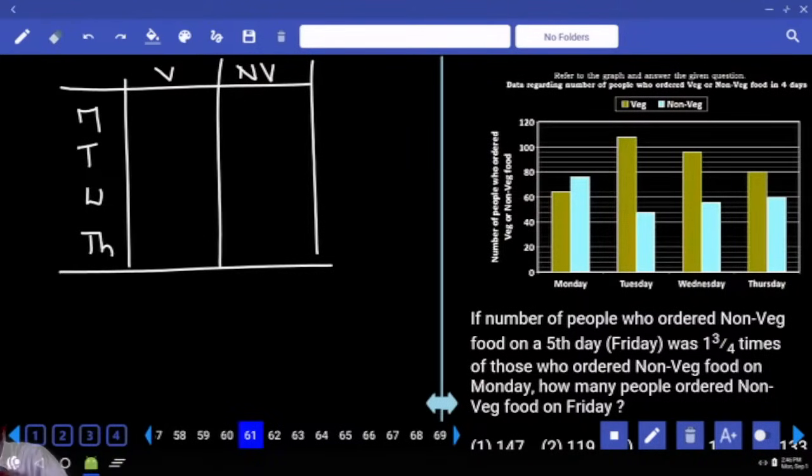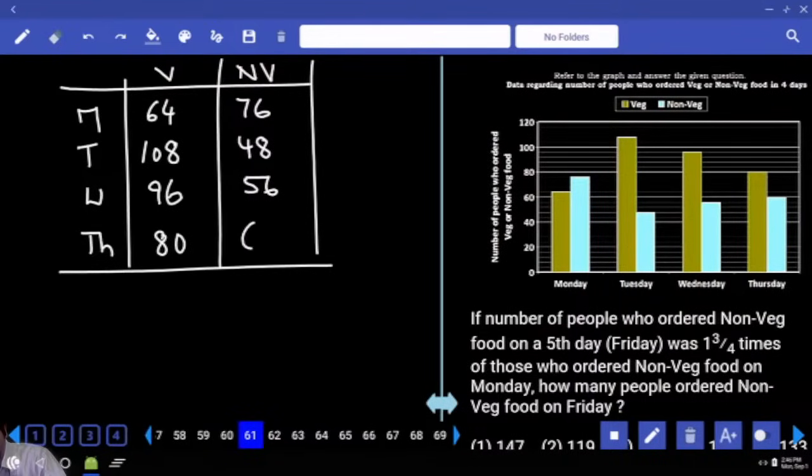On Monday, 64, 76, 108, 48, 96, 56, 80, 60. Number of people who ordered non-veg food on a 5th day Friday was 1 3 by